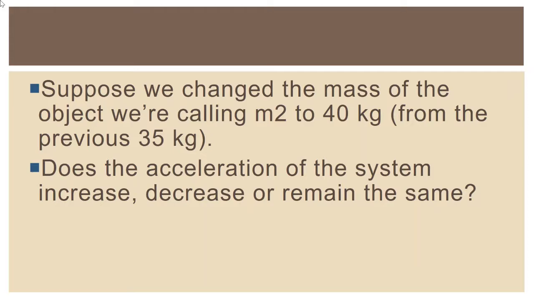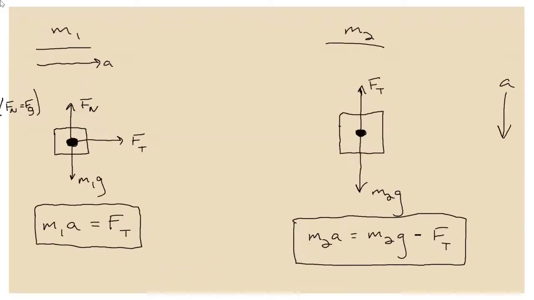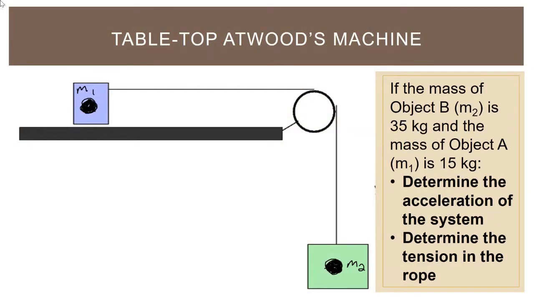Okay, so what's complicated here about this particular problem is that in this case, it's all about ratios. And so you have to be careful. The reason why you have to be careful, and let me just go ahead and go back to the picture showing you the setup here. The reason why you have to be careful is because if I change the mass of M1,